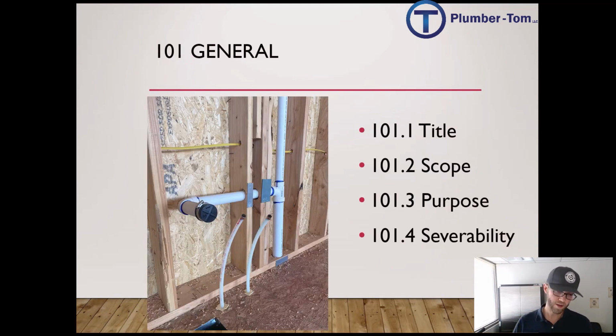All right, so here we go into the text. We are in section 101, and this is where we start into scope and general requirements. And so the first, 101.1, we're just looking at the title of the plumbing code and this code. 101.2 says scope. Now, scope is kind of a range of vision, right? What are we looking at here?